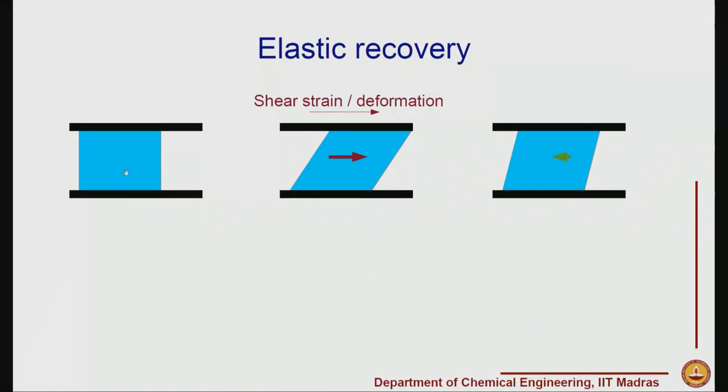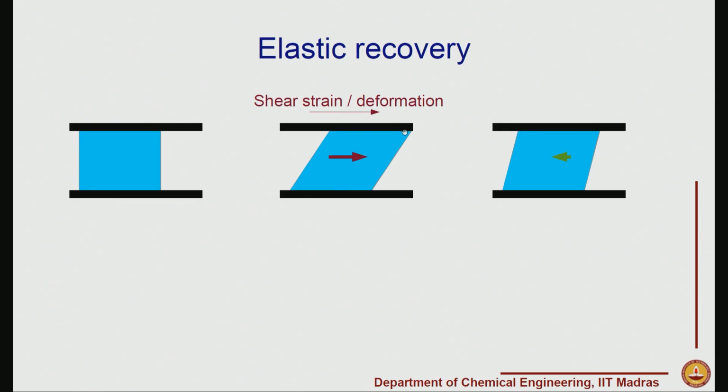If we take a fluid between two plates, and let us say we impose a shear strain, which implies that I just move the top plate a small distance, the overall fluid would also move and acquire a new shape because of this deformation. The measure of this deformation is the angle by which the fluid has deformed, which is the simple shear deformation that we learn. Now, if we let go once the deformation has been achieved, then what happens is,